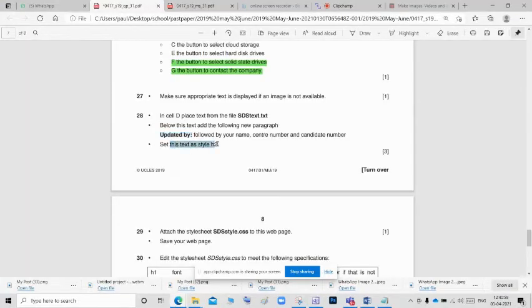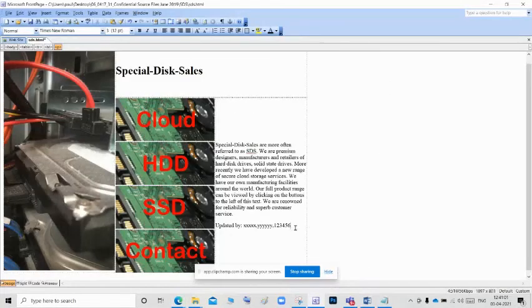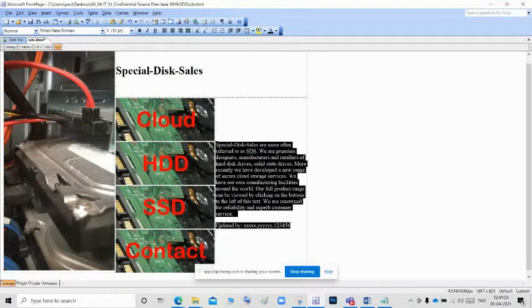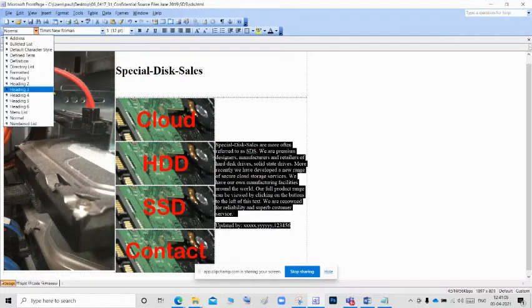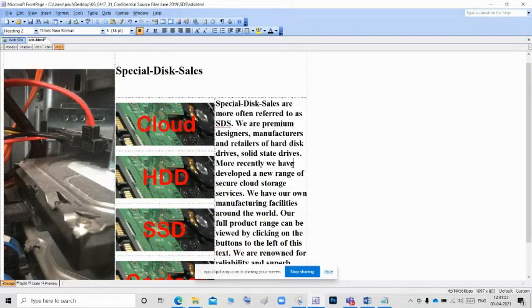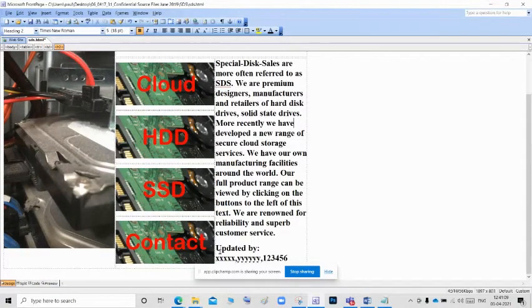Next, set this text as style H2. So I'm going to give this style as H2. So now we have given it like this. Okay.